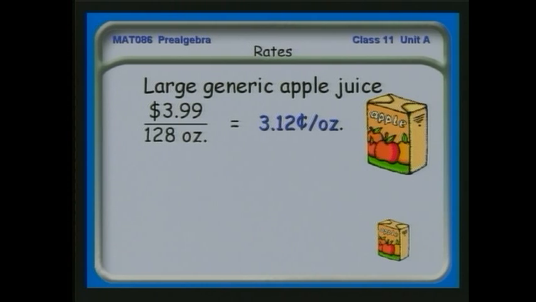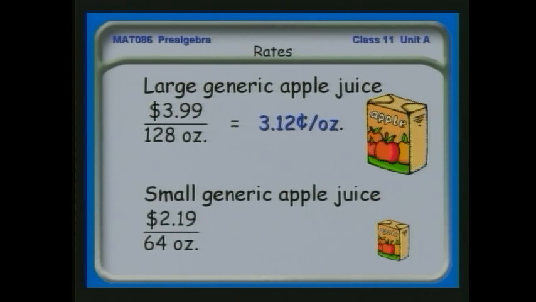And when we do the math there, we find the large juice costs 3.12 cents per ounce. Then we do the same thing for a small juice, the same brand. And we find that when we take the unit price, when we divide $2.19 by 64 ounces, that works out to